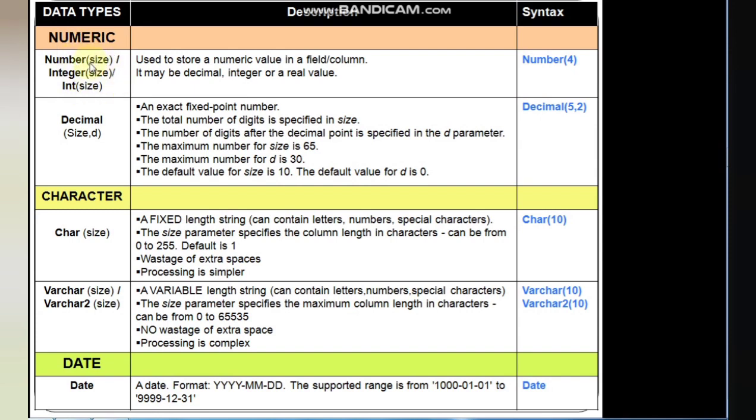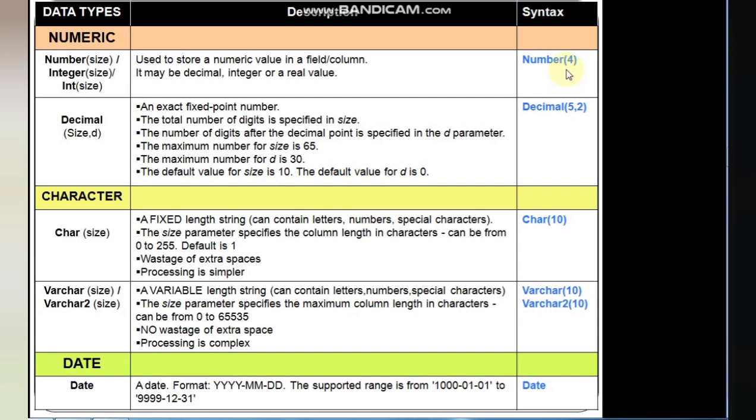Now the parameter which they take is size. This size will take the number of digits you want to give to the field. It is used to store a numeric value in a field or a column. It may be decimal, integer, or a real value.